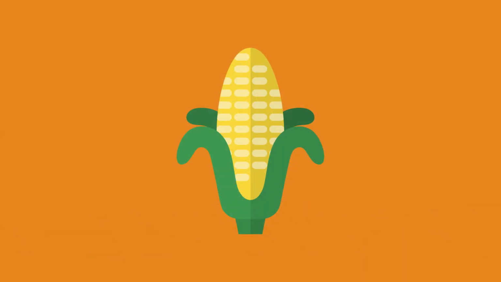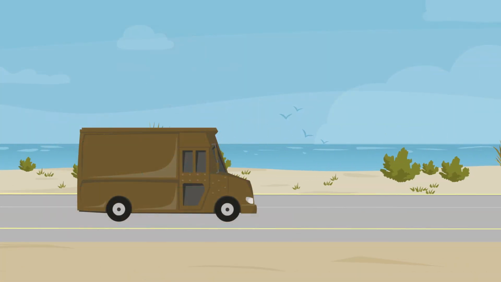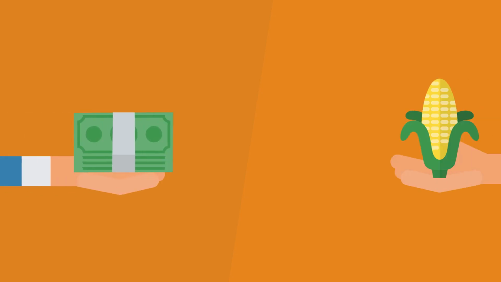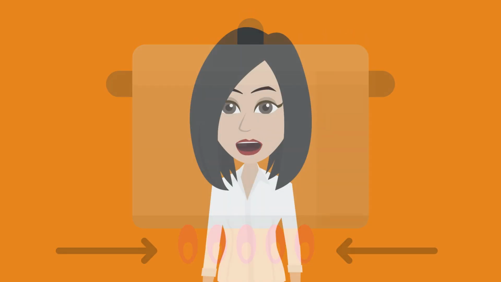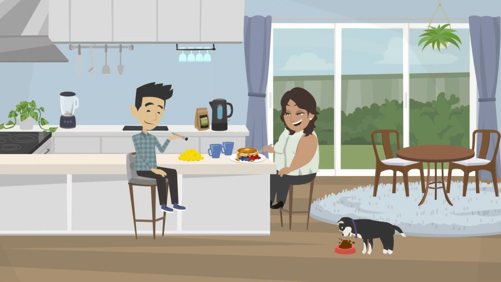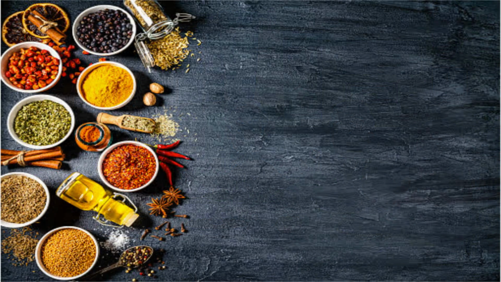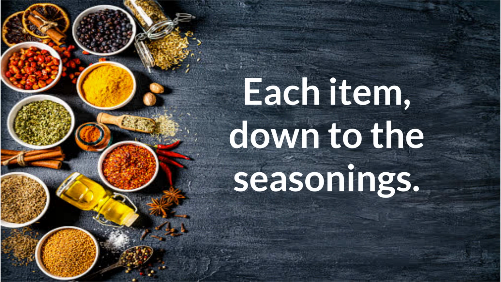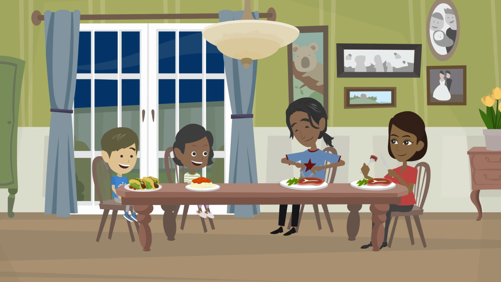If the food in question is a big crop like corn, machines are also needed to harvest, sort, and transport it to a store near you. Once that corn is bought, energy is used in the form of heat to cook it. And only after all of those energy conversions are complete are you able to eat the corn and gain energy from it. In the case of a whole meal, each item, down to the seasonings, needs a multi-step energy conversion process if it is to end up on your plate.